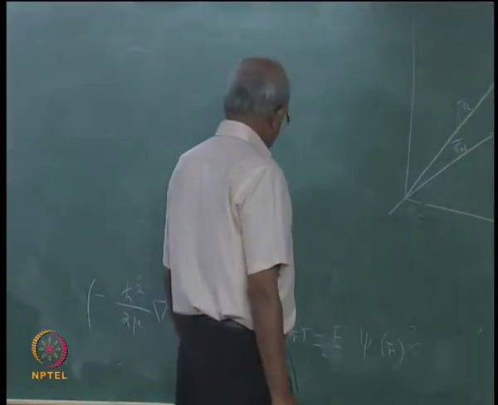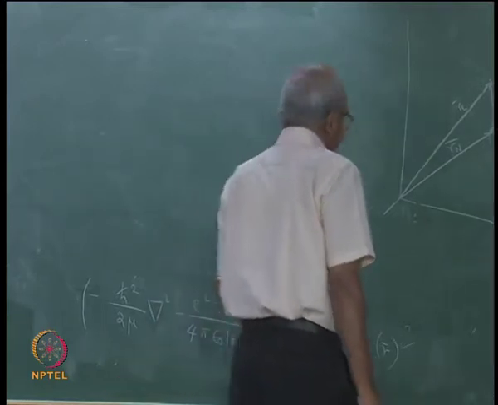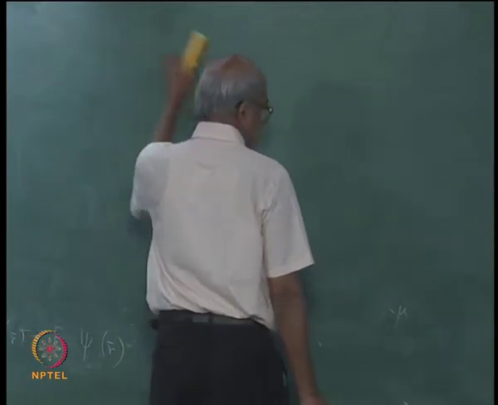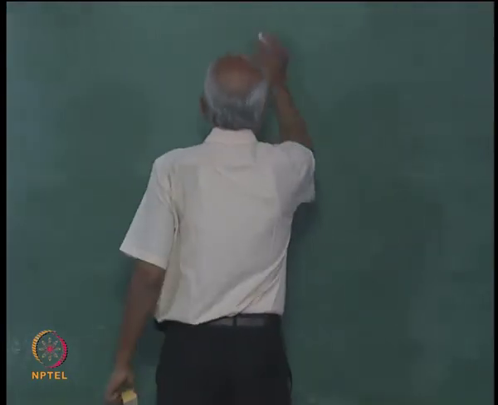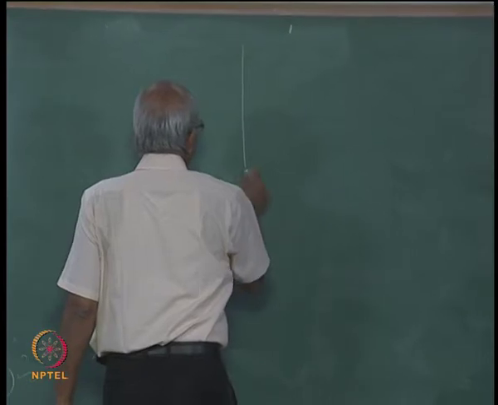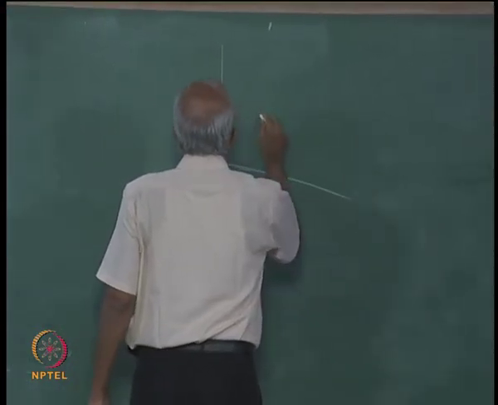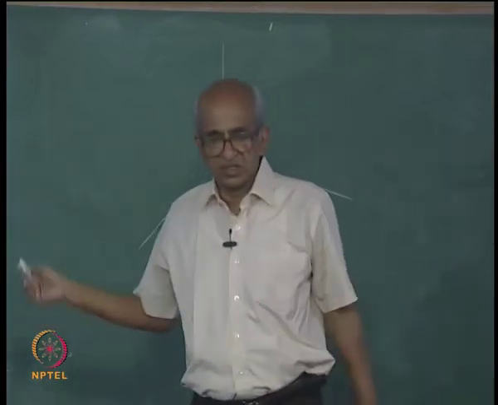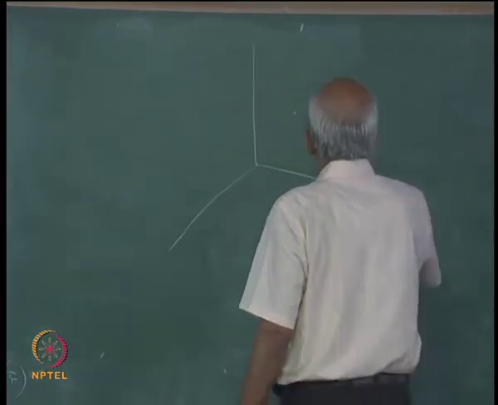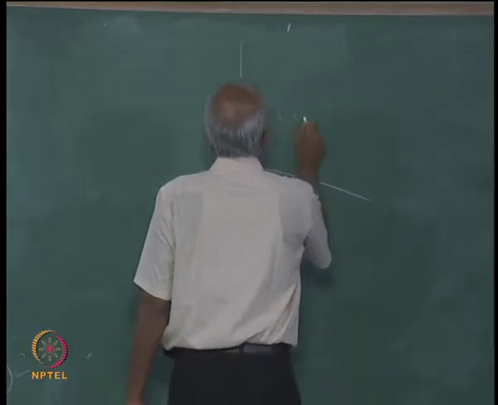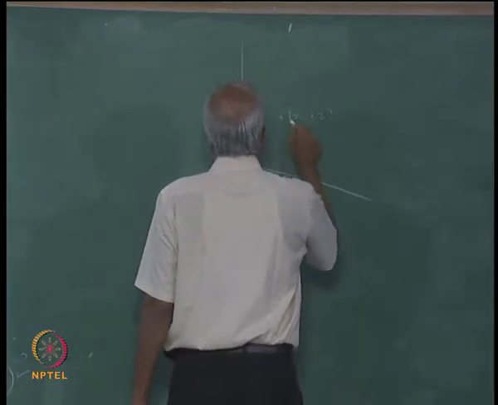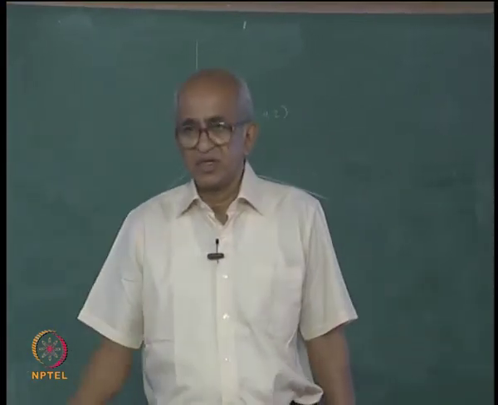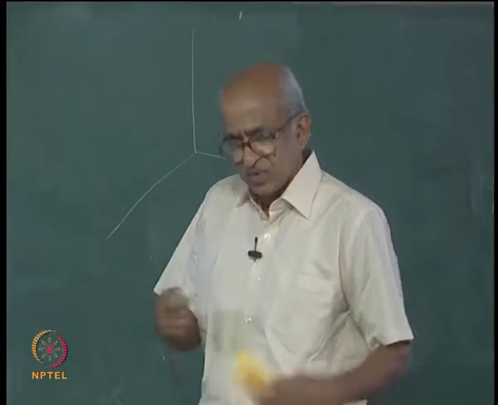So, if you look at this, you see what is happening is this. Let us look at it. I mean the way this equation is, imagine I have a particle, here is my origin, right. Suppose I have a coordinate system, that is the origin, and I have a particle which has coordinates x, y, z, correct. And imagine I want to describe the quantum mechanics of the particle, single particle.